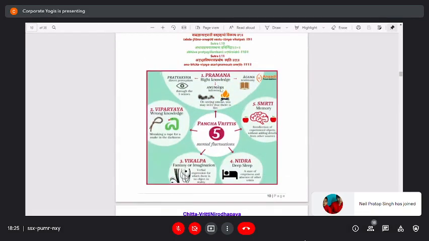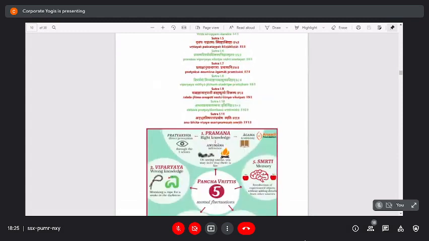First is Pramana. Pramana Vritti is a good Vritti. Pramana is nothing but right knowledge. And how do you get the right knowledge? You get right knowledge from three sources: pratyaksha, anumana, agama pramanani. That is pratyaksha. I am saying pratyaksha, so you are able to see me. You are able to see the presentation. That is